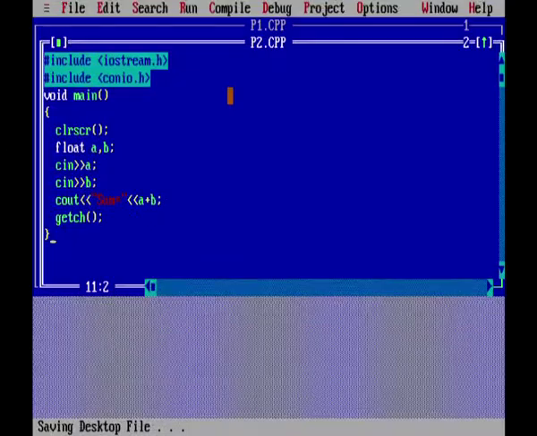Now, here the cursor is blinking, it is paused at cin a, it is waiting for me to enter a number. So, let me enter a number 12.34. Now, cin b, enter another number, let me say 25, sum is equal to 37.34. So, we have input two numbers and the computer has given me their sum. Now, when the cursor was blinking, let me run this program again, then the things will be more clear.